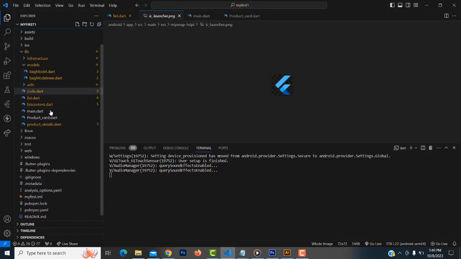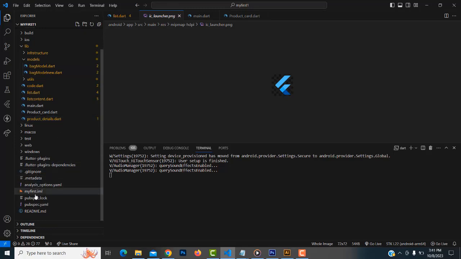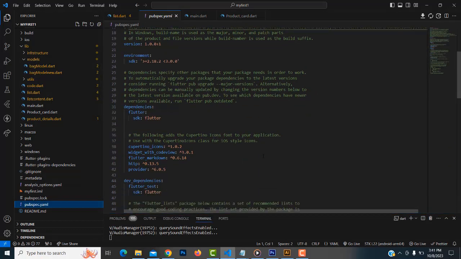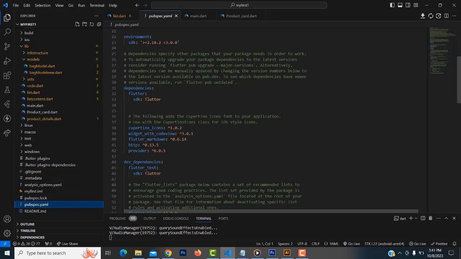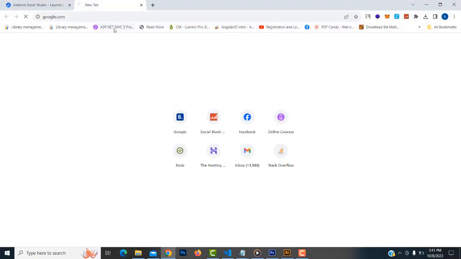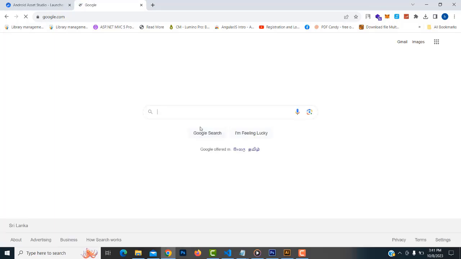Instead of that, what you're going to do is go to the pubspec file here. This is the main file. Here we have to put in one dependency, the icon dependency. So how do we do this task? You go to Google and type the name,